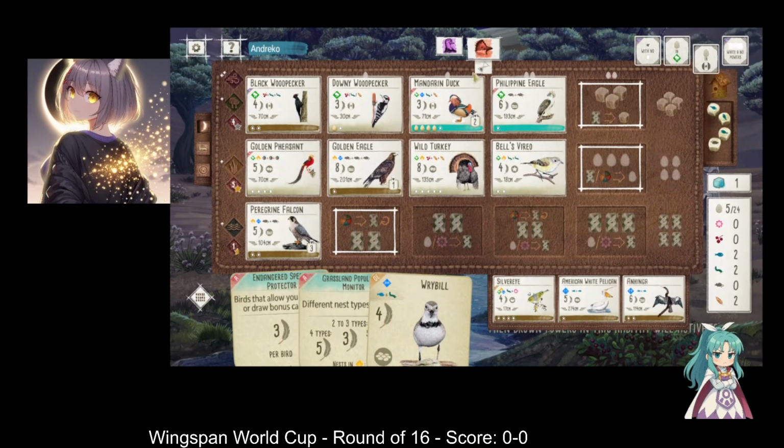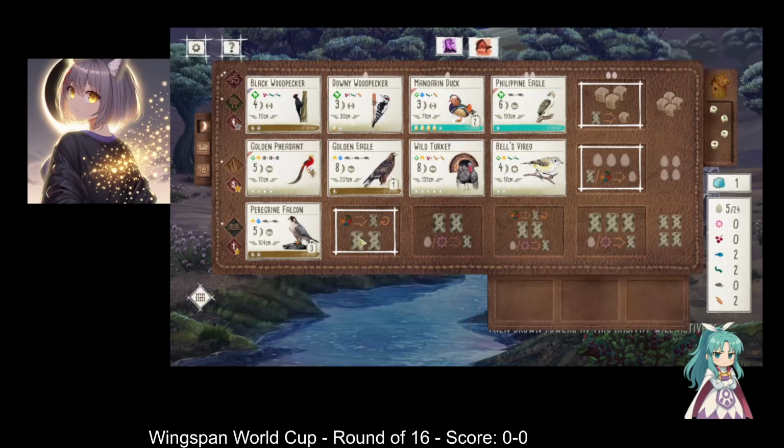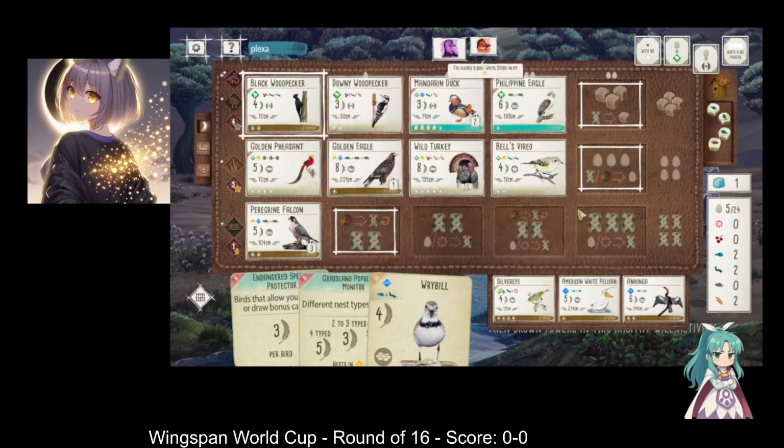Our points aren't terrible. We're sitting on 80 points at the end of round 3. That is a pretty decent score. ESP is definitely helping. But yeah, I think now we've got a choice. Do we do eggs, or do we do...